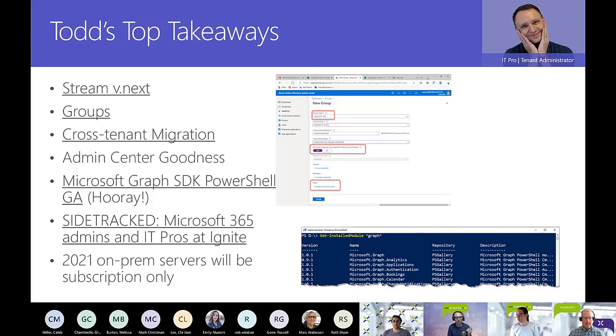And the last thing that I wanted to mention is that they announced at Ignite that the next version of all the on-prem products, Exchange, SharePoint, whatever, there will be new versions. They will be coming out in 2021. They will be coming out in the last half of 2021. So everybody who was worried that SharePoint on-prem was going to die, that has been not the case now for another couple of years. But they made the announcement that it was going to be subscription only. So Microsoft really loves that recurring revenue bit, and you won't have to get everything in Office 365, but you will have to pay for